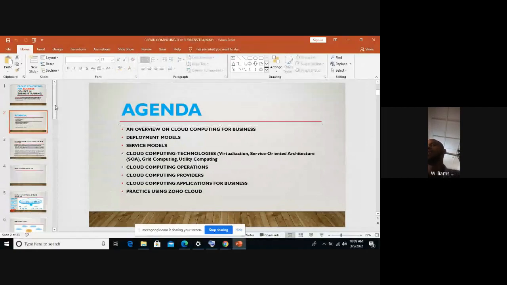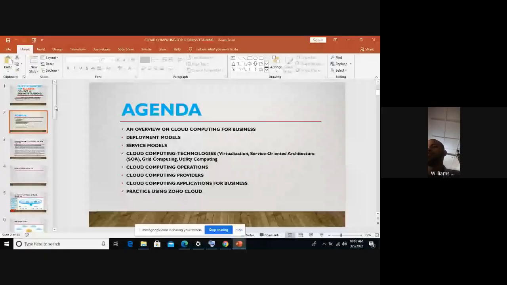Because one thing about learning, confidence is very important, and not just being confident at the end, but also being competent. Most times, I tell my students that confidence will get you the job, but competence is what will help you maintain that job. So, ladies and gentlemen, quickly, let's look at our first agenda for the day.